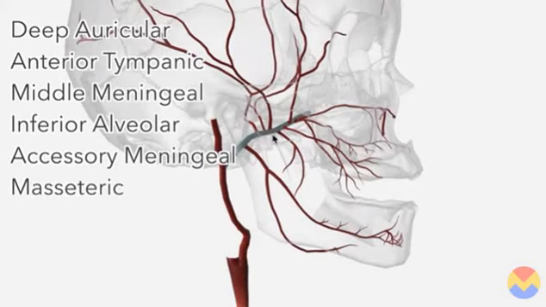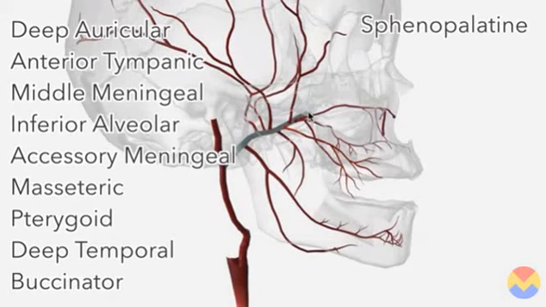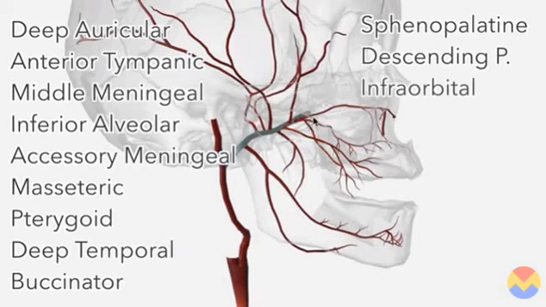then the masseteric artery. We have the pterygoid artery and the deep temporal, its anterior and posterior branches. We then have the buccinator artery, then the sphenopalatine, the descending palatine artery, the infraorbital